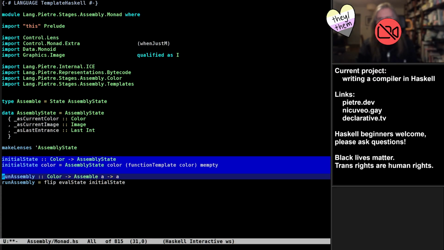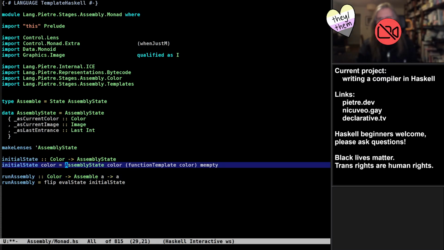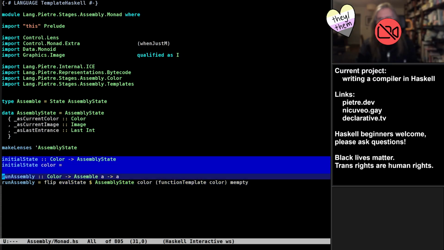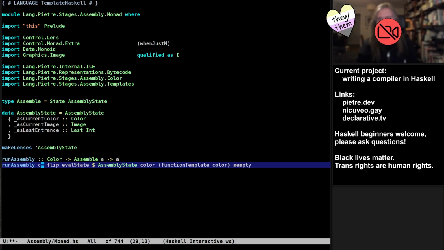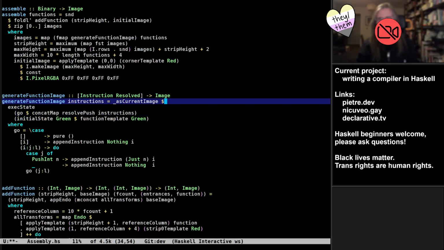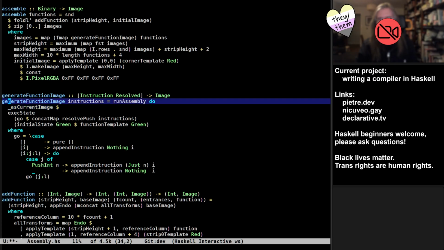And I can probably remove this initial state, come to think of it, and just make it here. Okay. Which means now this becomes here a run assembly of